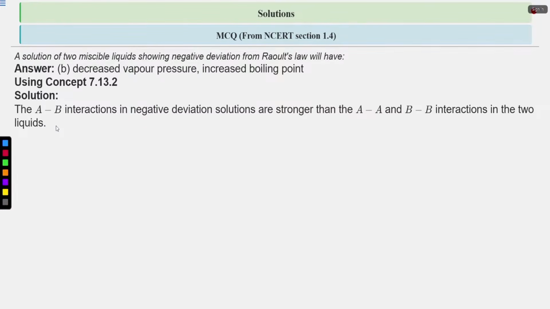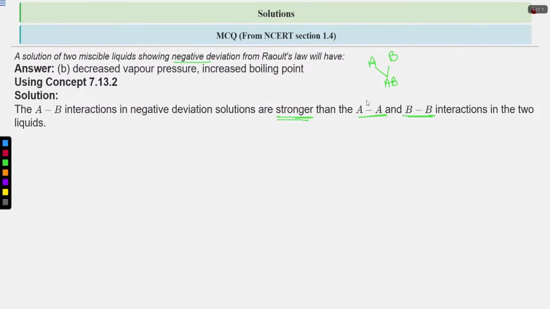In the question it is given that the solution of two miscible liquids will show negative deviation. That means the A-B interactions in the negative deviation solutions are stronger than the A-A and B-B interactions in the two liquids. If you have two components A and B present in the solution as a mixture, two miscible liquids making a solution AB,